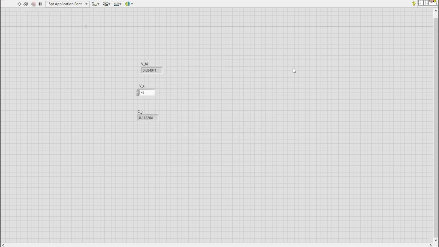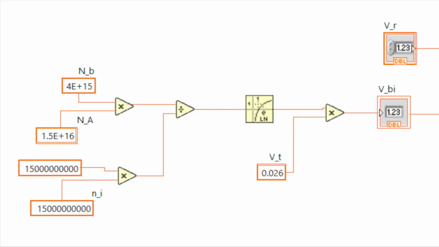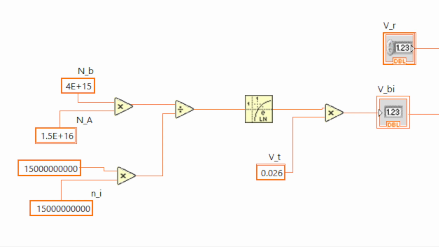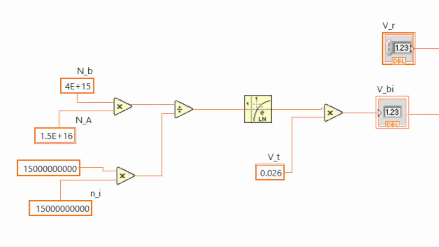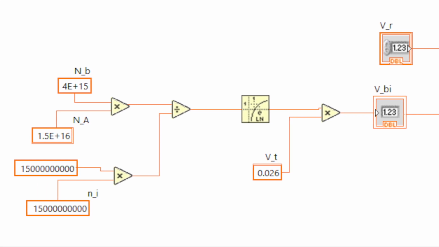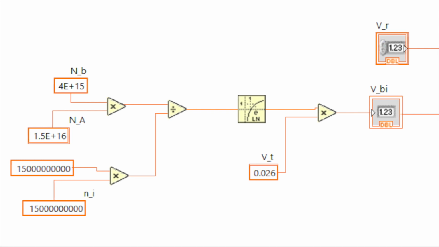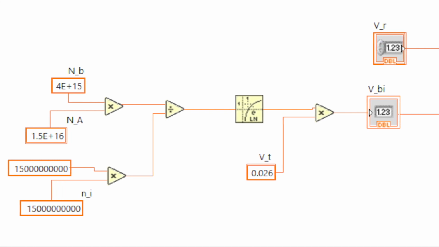Here in the screen recording, I was pulling up LabVIEW. In a second, you'll see me switch over to the block diagram. In this block diagram, what I started off doing was basically just creating a